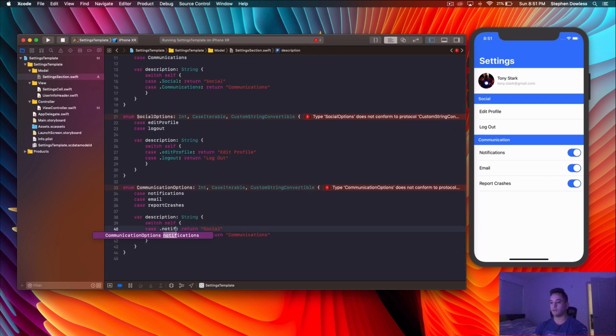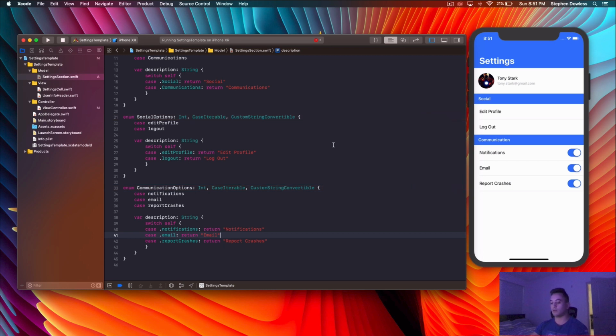Say case notifications, return notifications, case email, return email, and then we need to add one more in, so we're going to say case report crashes, and then we're going to say return report crashes. Okay, now let's go ahead and really quickly just build our project to make sure we're not getting any errors,